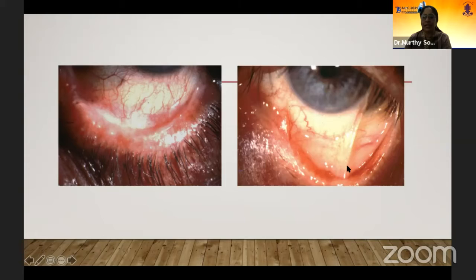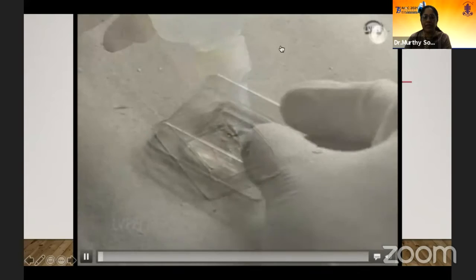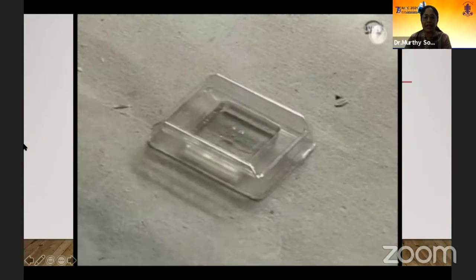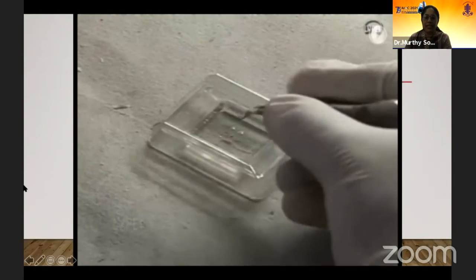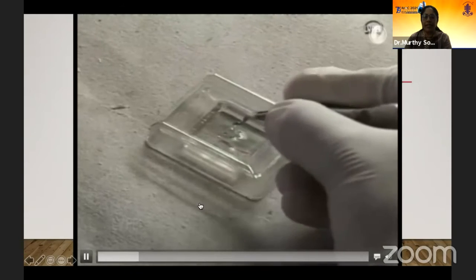In another patient, you can see a very obvious foreshortening and symblepharon and the formation of folds when you try to retract the lower lid. So this is nothing but a case of OCP. What happens to the sample is that we should take a conjunctival biopsy from the area, and immediately that particular